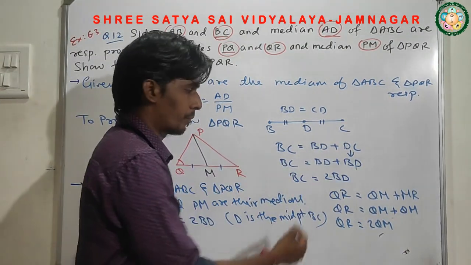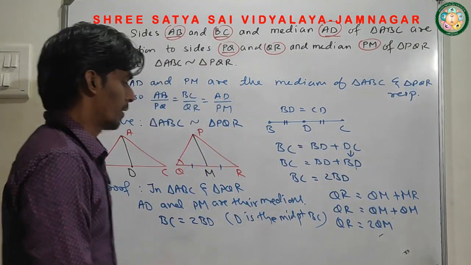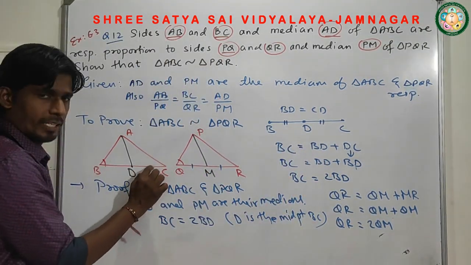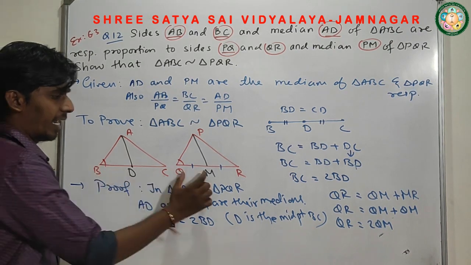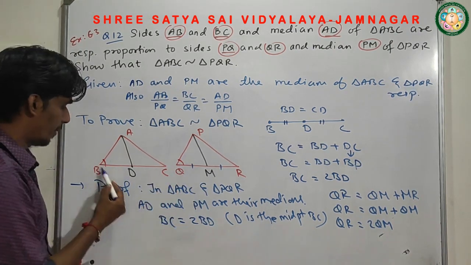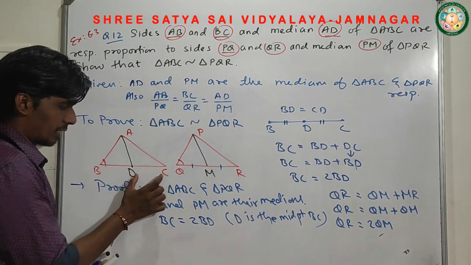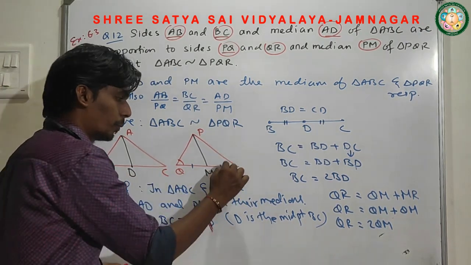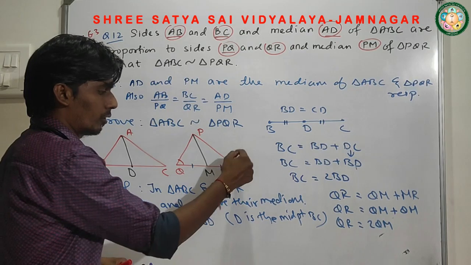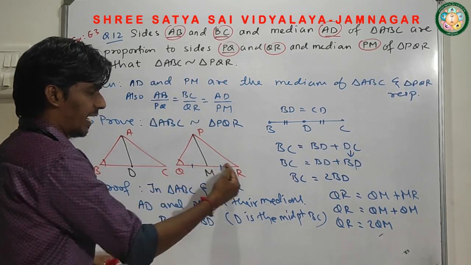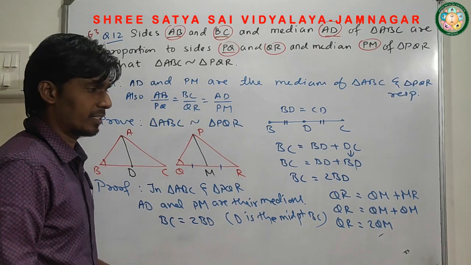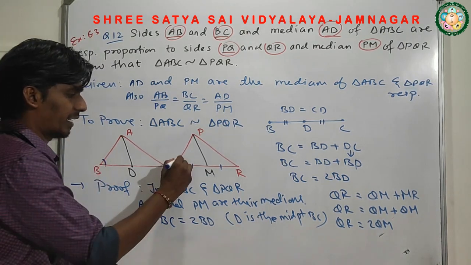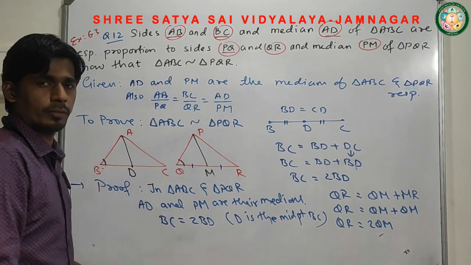Then why I'm not using CD plus CD to CD. I'm not going to prove this angle equal. I want to prove this angle equal. I'm using this BD and QM to prove this angle Q and B are equal. If I'm going to use CD and QR, then I'm going to prove this R are equal. Then by proving the C and R are equal, there will be no use for this condition of side angle side. As I have to prove this angle B and equal, B angle is equal to Q.